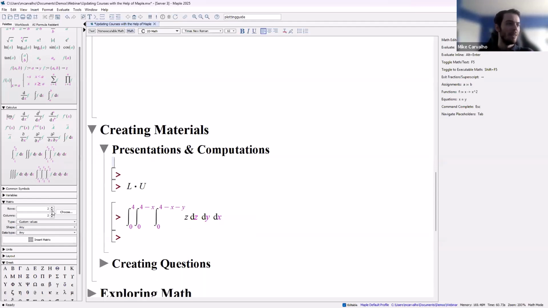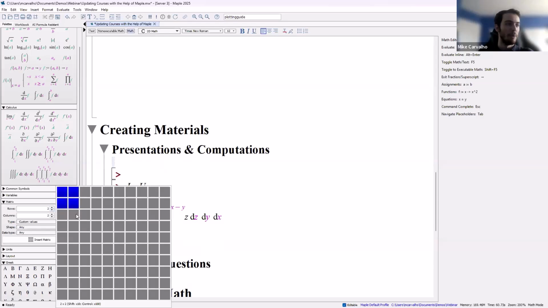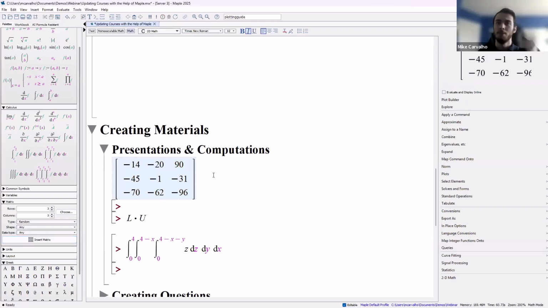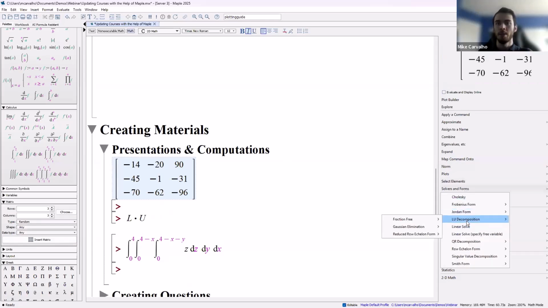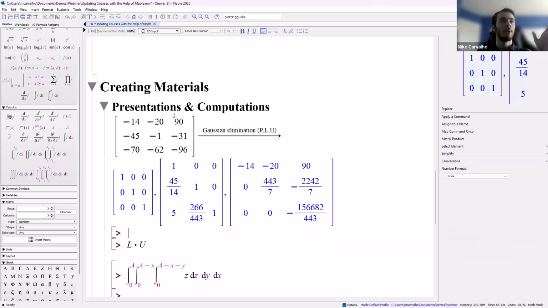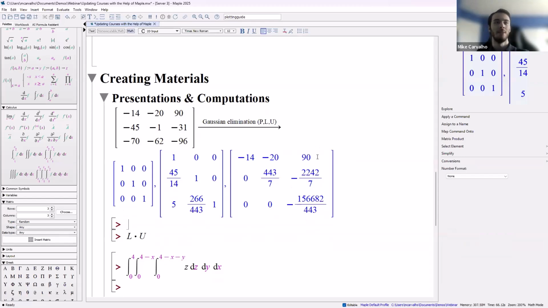So just as an example here, I'm going to input a matrix. I can choose my matrix size. Let's just get some random values. Again, super friendly to input all of this. Now let's say I was trying to get the LU decomposition as part of it. I can just go through here on the context panel, click through, get me the LU decomposition. There we go. And this would be a very clear, okay, we're going from this matrix to these matrices. This is a computation step, but we're skipping over details here. I really love how nice it is to lay out and how clearly these steps are made.